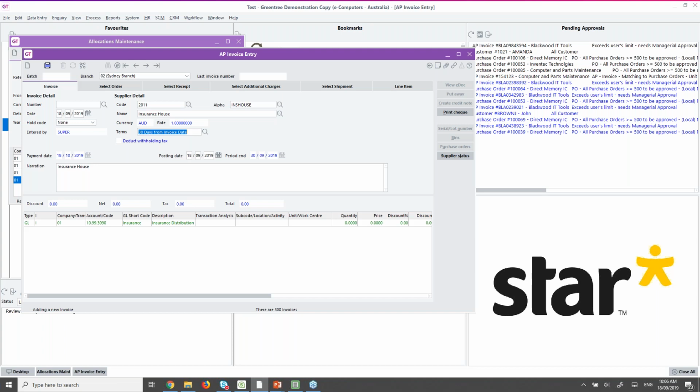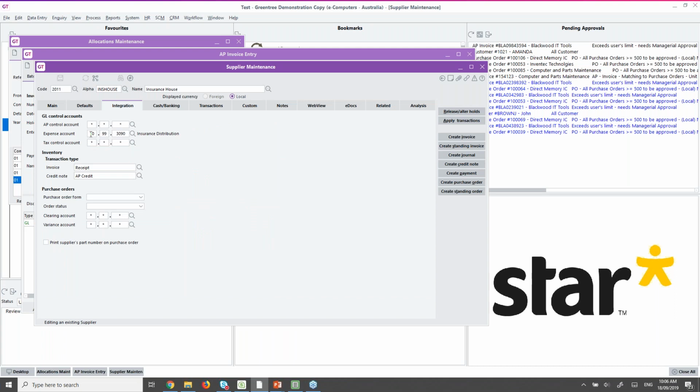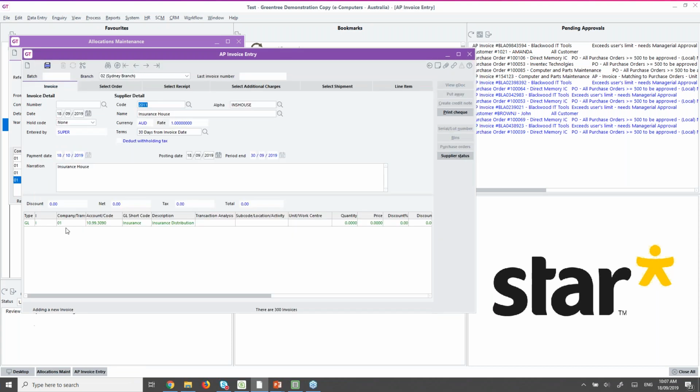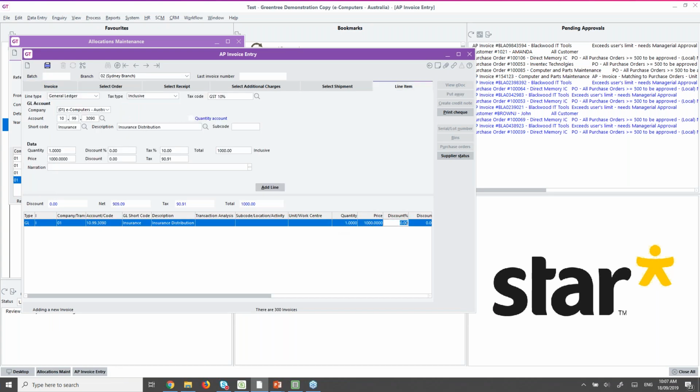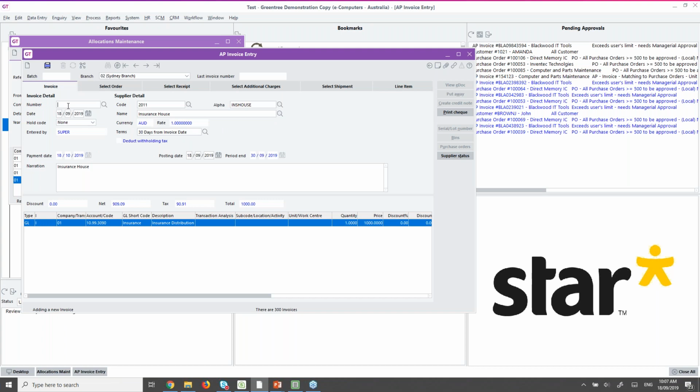So this insurance company, I would normally or always be posting to that insurance distribution account. So on that supplier, if I simply drill down and have a quick look, I've set their default expense account as that insurance distribution general ledger account. So when I'm doing my data entry, I don't have to remember which account to use. I can simply come in and say this transaction was for $1,000, and let's just go with test allocation for